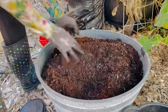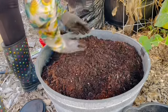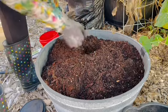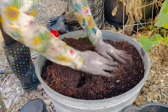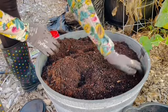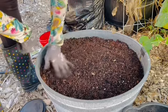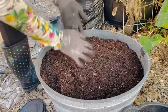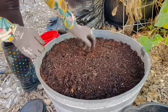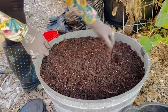Just cover it up. As I mentioned, I did put my sweet potatoes back in there, so I'm hoping that the sweet potatoes will just grow on their own in the spring. We'll see how that goes. I've never done it this way, but I have been watching a few different people who've had success with their sweet potatoes, so I'm trying to emulate to see if that will work for me. I know where I went wrong in several areas,